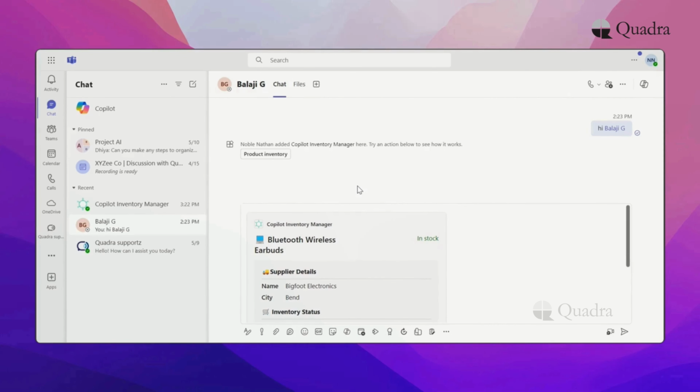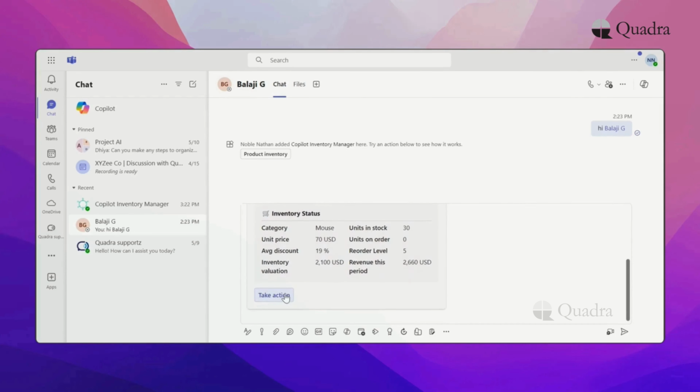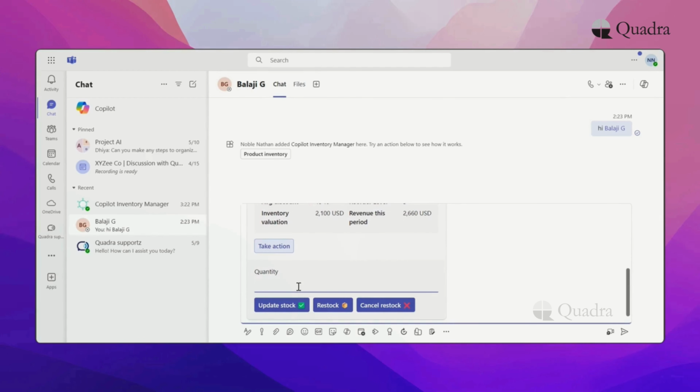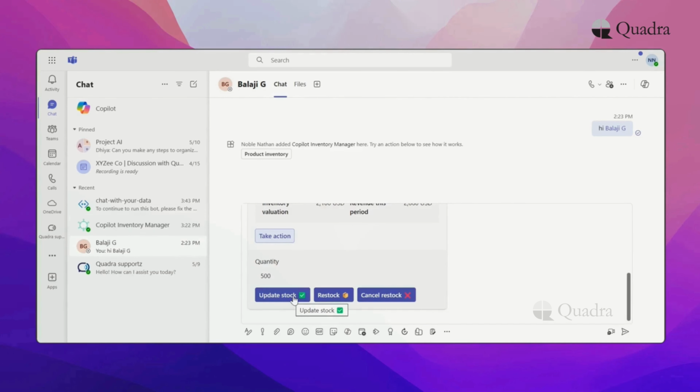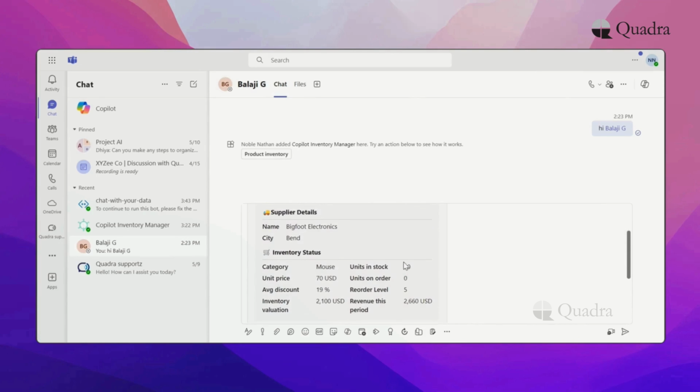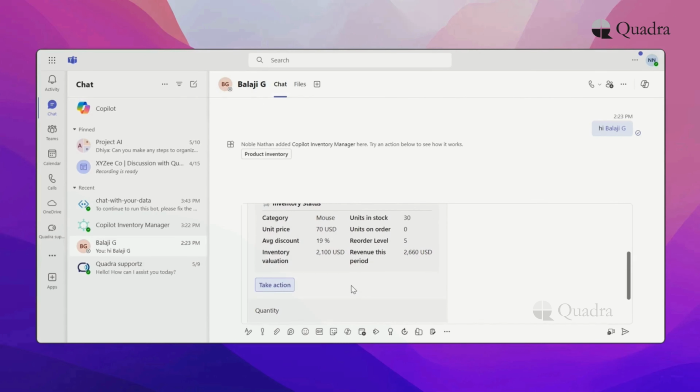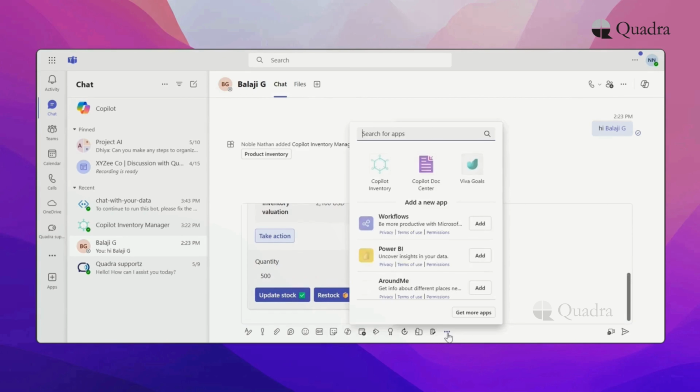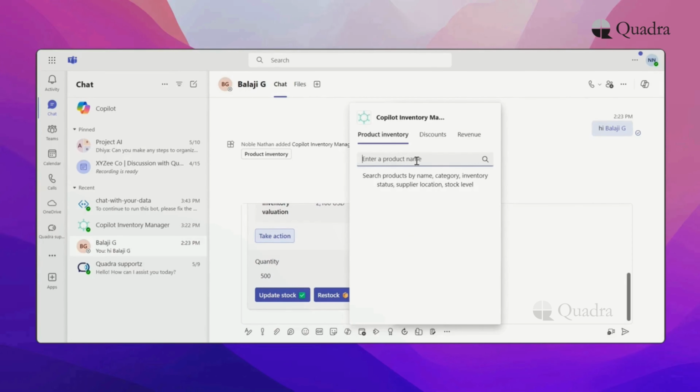What if you have received 500 new earbuds? Just click on Take Action and modify the quantity. And wait! The quantity updates aren't exclusive to you. They will be visible to everyone and will keep refreshing in real time based on any changes made by anyone. Hence, this app gives you live data of the items. And the features don't stop here. You can access additional information like discounts and revenue generated just by clicking on the different tabs one beside the other. Now, let's get consolidated responses from the AI, that is Copilot.